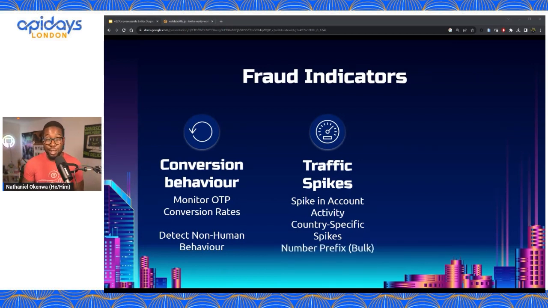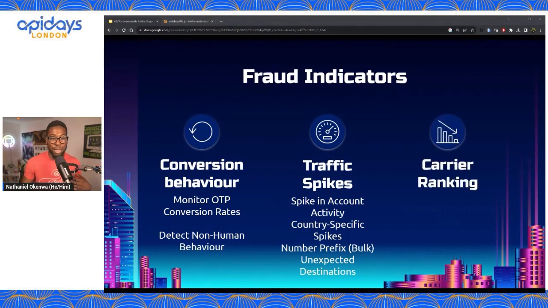Also, a lot of these fraudsters, remember, they're working with mobile network operators. They may have a bunch of numbers, and the numbers all start the same. And maybe you could almost look at the last digits, and they almost increment. And sometimes that could also be a clue. And then also unexpected destinations. You don't serve a country, and suddenly you're getting 2FA requests from that country. A little bit suspicious. And then another thing you can do is maintain a carrier ranking. So, keeping an eye out on all of the different phone networks, figuring out which ones are good.